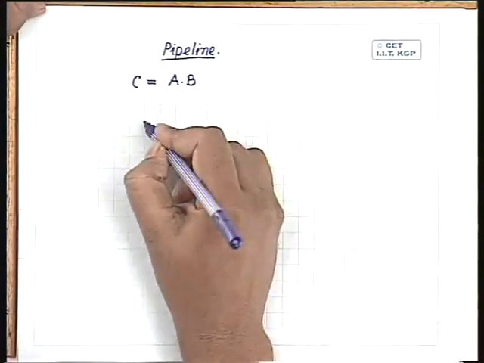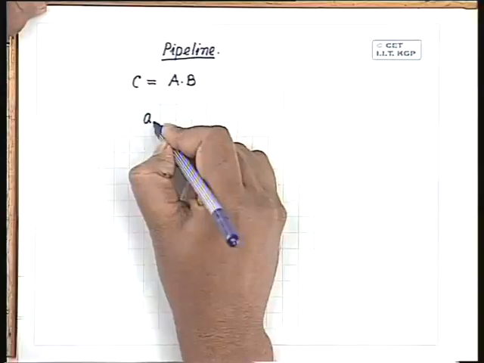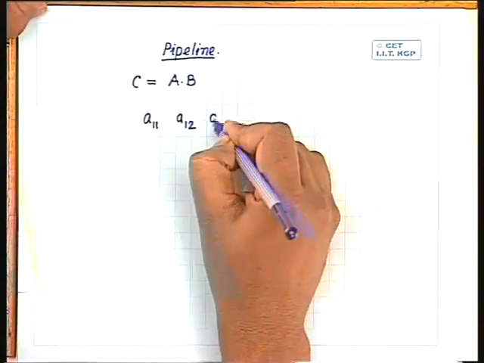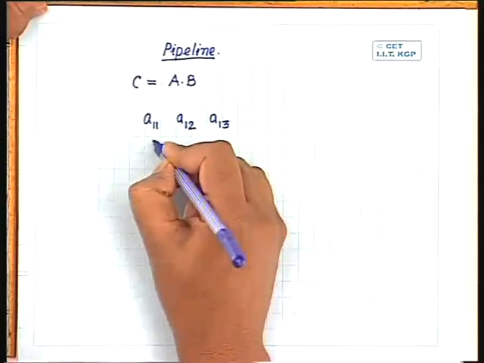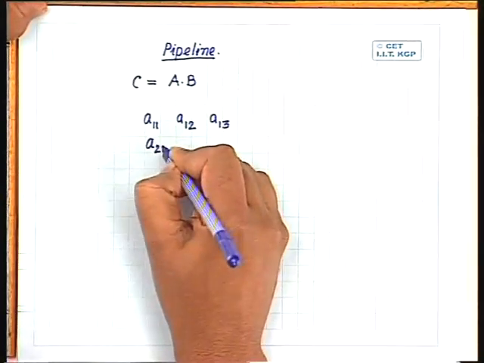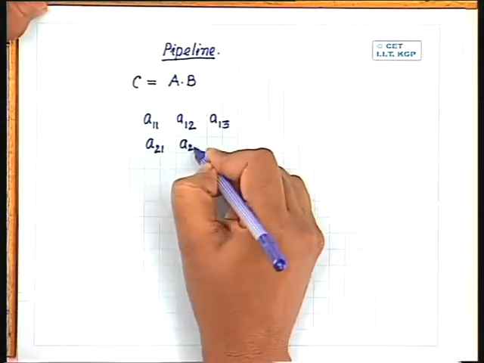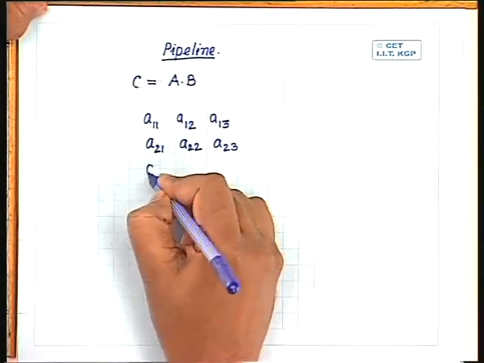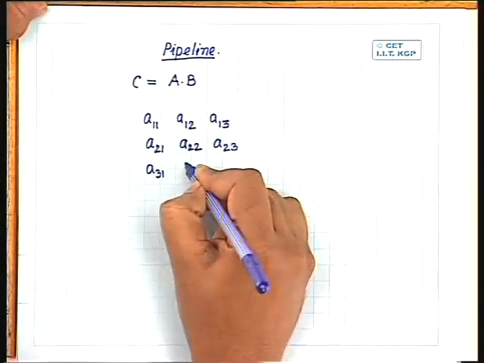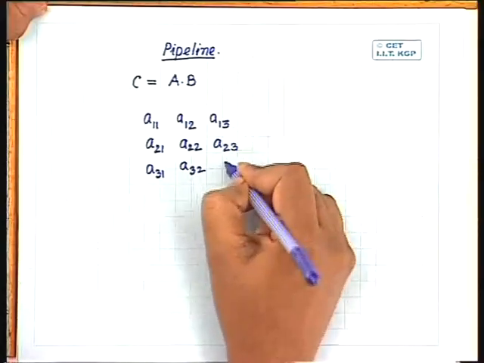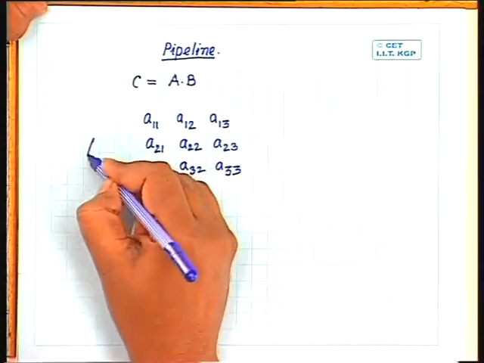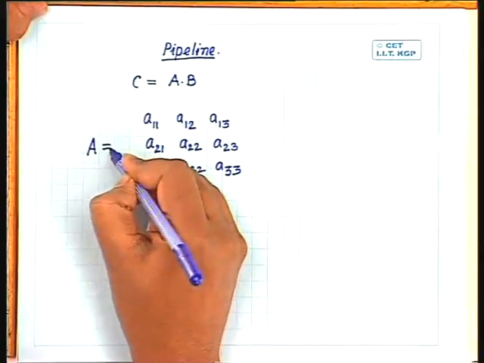So, for matrix A, the elements are A11, A12, A13, A21, A22, A23, A31, A32 and A33. This is matrix A,